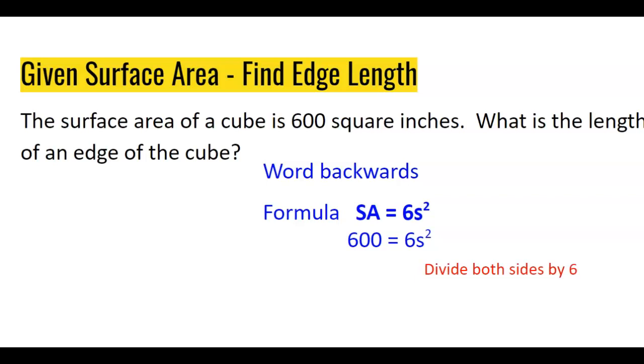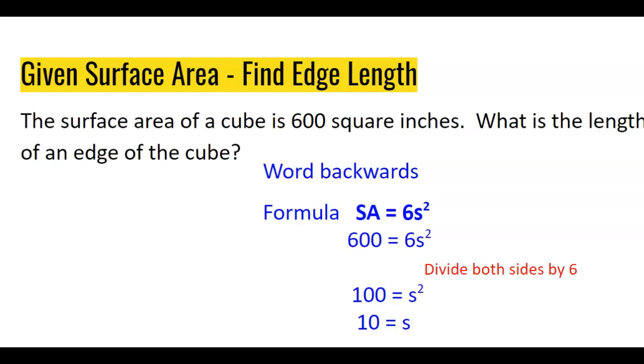600 equals 6S squared. We can divide both sides of the equation by 6. Remember when we were solving equations, you can do the same thing to both sides? Or logically, if you think about it, if the cube has 6 faces, we need to divide by 6. When we do that, we get 100 equals S squared. So that's saying some number times itself equals 100. Well, what times itself equals 100? That's right, 10. So the edge length for this cube would be 10. 10 times 10 would be 100, and then we'd have 6 of those faces, so we would have